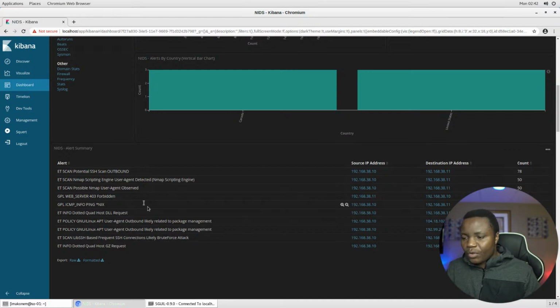So why would we want to know these things? As security professionals, at least for me, I'm interested in understanding what it looks like when someone is on my network. How can I read it? How can I detect it? And here it is right in front of you. So when it says potential SSH outbound,